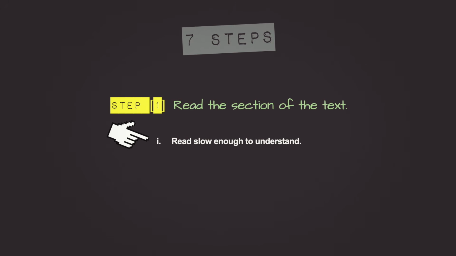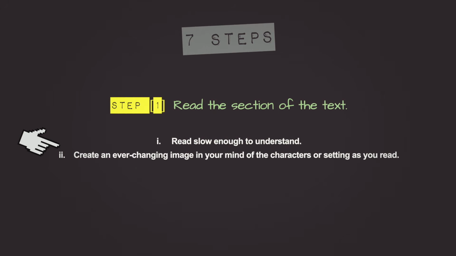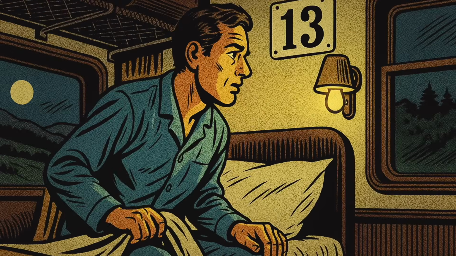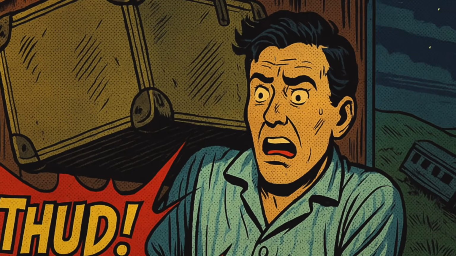Skimming has its place, but not when you're trying to actually get something. Number 2, create an ever-changing image in your mind of the characters or setting as you read. If you visualize what we read, it makes it easier for us to firstly understand and then remember what's going on. When most of us read, we play a little movie in our head that shows us the characters, what